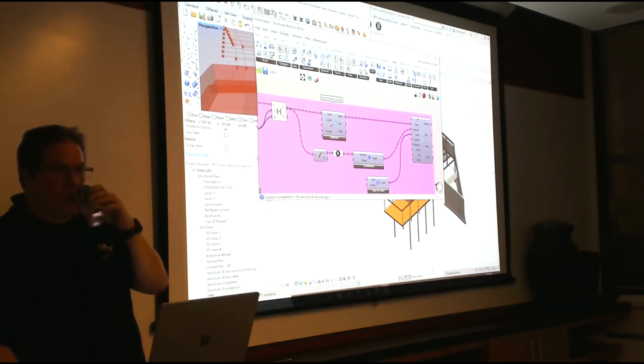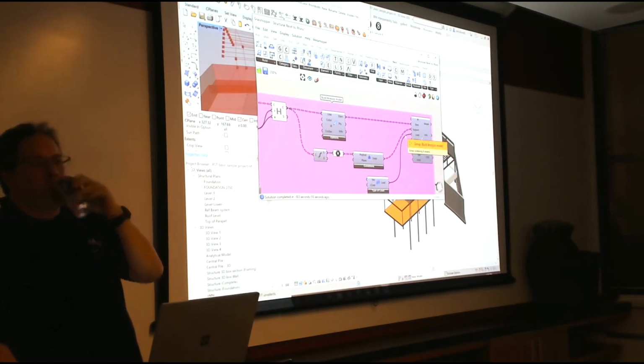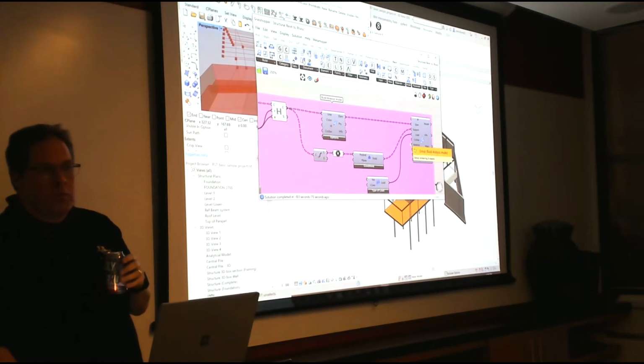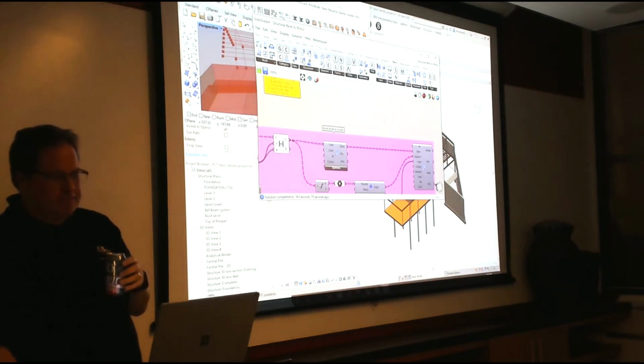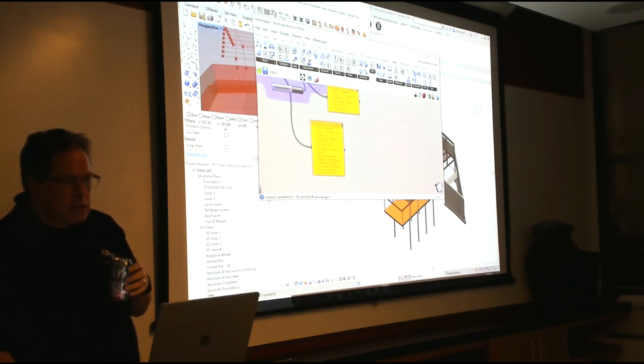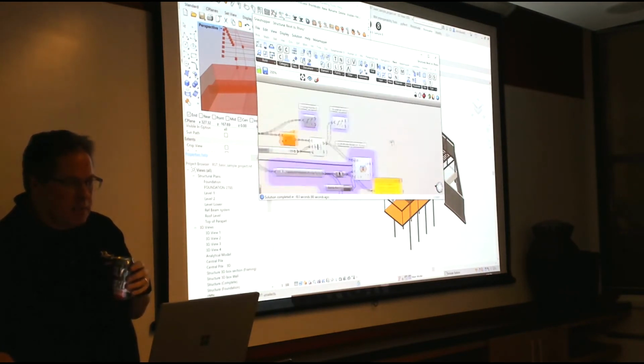So when you're like, can this extract elements that are in like a model group? Like if you have a grouping of like a core or something, you can extract like the individual walls from the group and